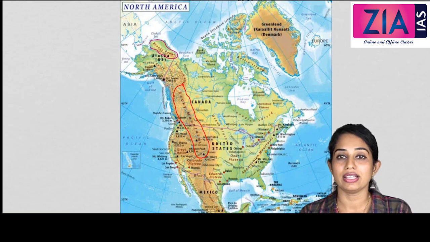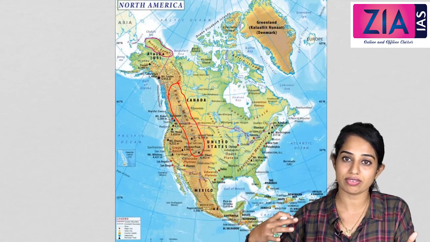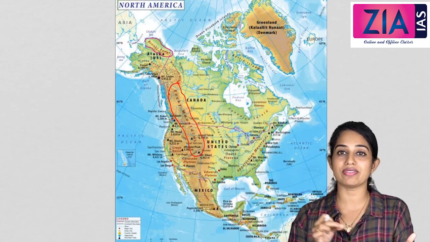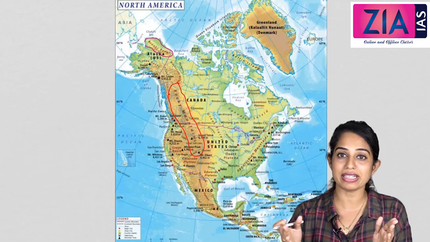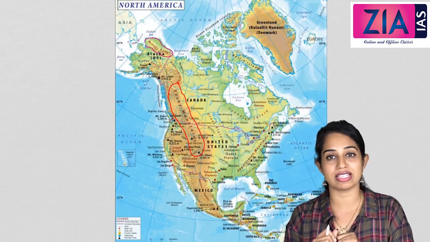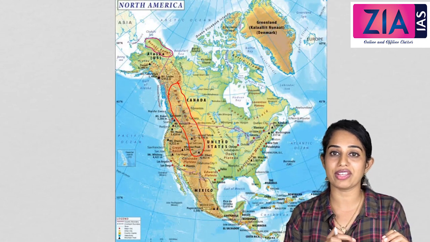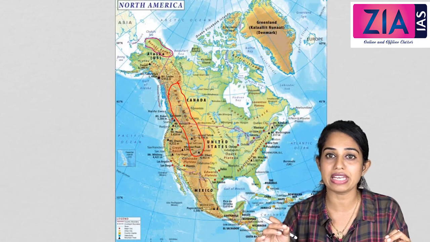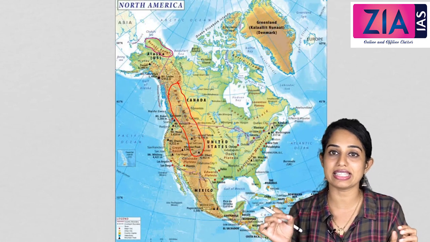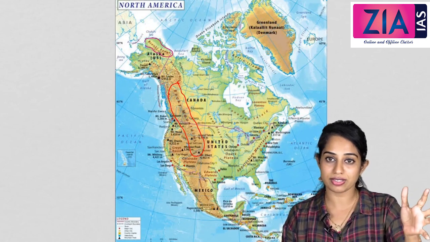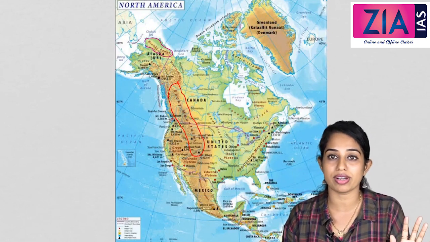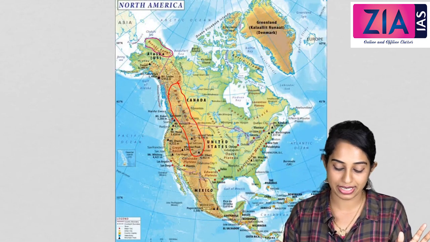The second reason is that the northeast or easterly winds originating from the eastern part of the continents travel towards the western part of the continent. By the time they reach the western tip of the continent, all the air has dried out and the moisture content is very, very low. This results in a desiccating effect. Thereby we can see that the western part of almost all the continents has a desert or desiccating area. Here we are talking about Rocky Mountains.